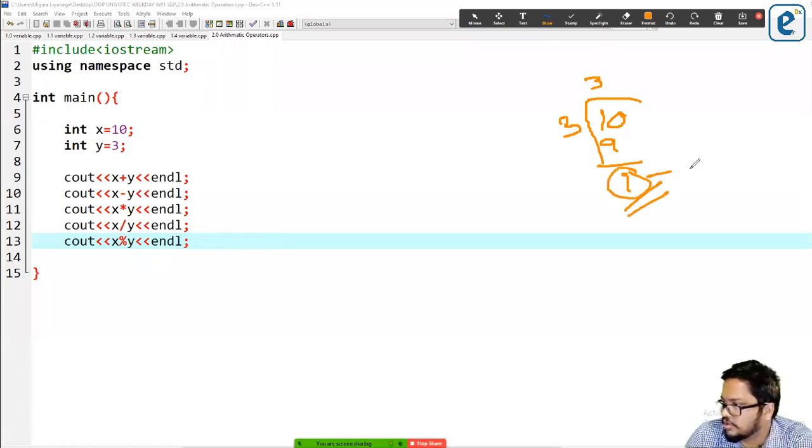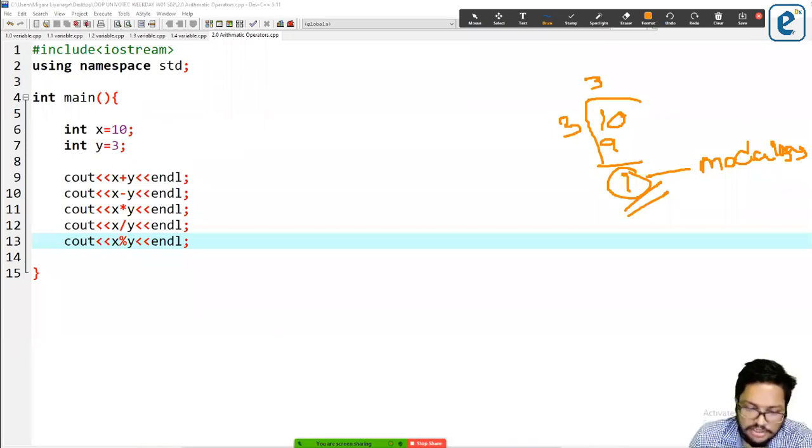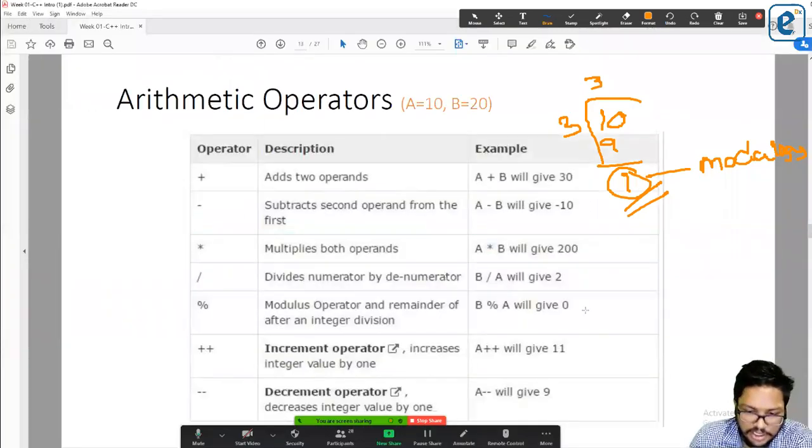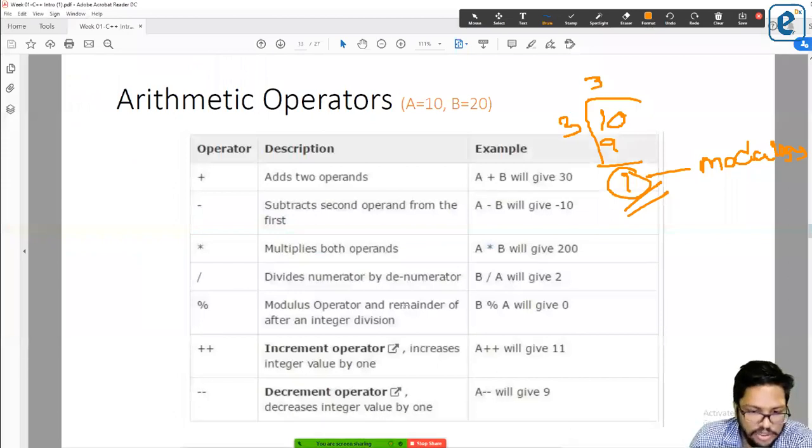This is called the modulus. It gives the remainder of the integer division, the remainder left over.